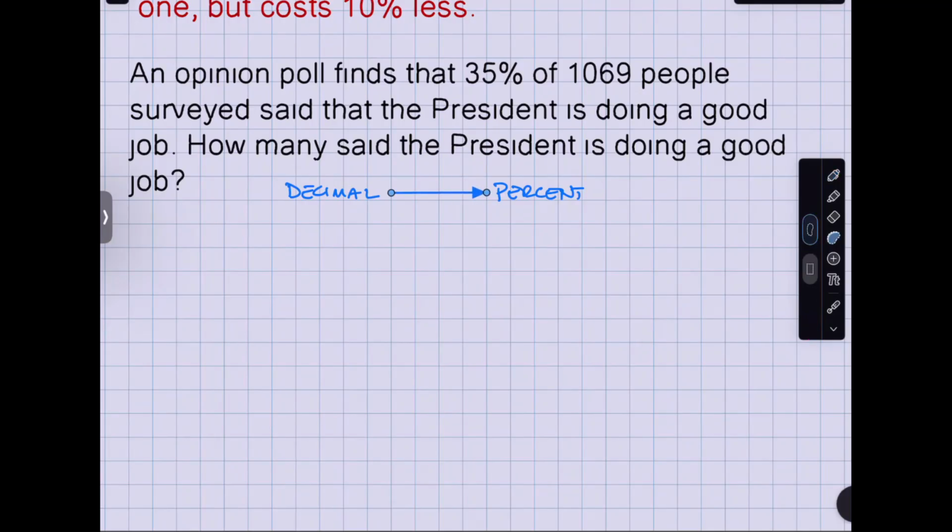Do we know how to convert decimals to percent and percent to decimals? Yes? Okay, so